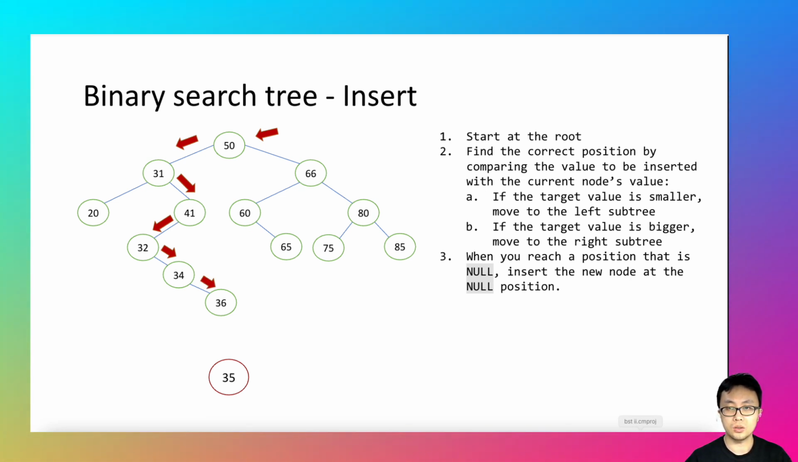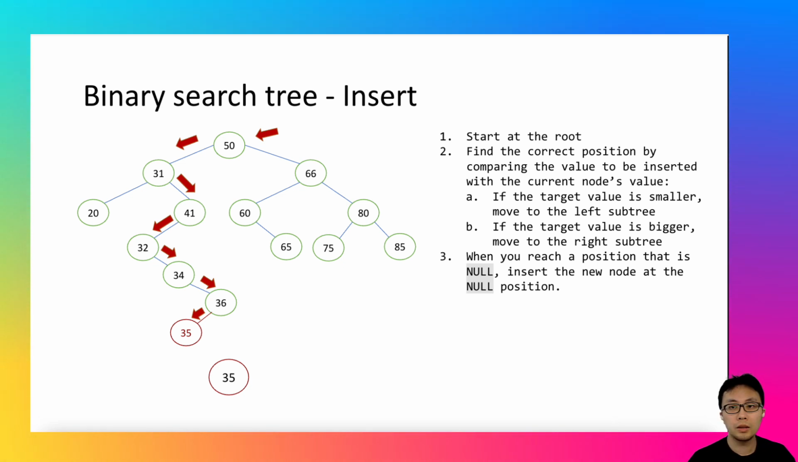The next node is 36. The target value 35 is smaller than 36, so you would move to its left subtree. However, the node 36 doesn't have a left subtree, which means that the current position is null, and the right position for this new node of 35. So you will add the node of 35 to this position, like this. That's the full process of how you insert a new node into a binary search tree based on these given